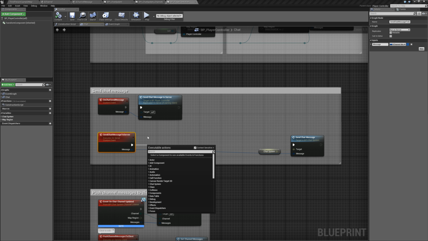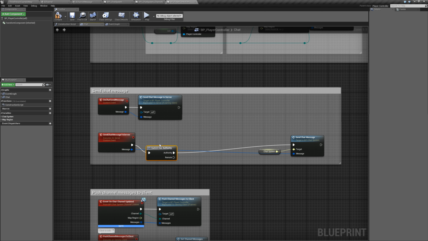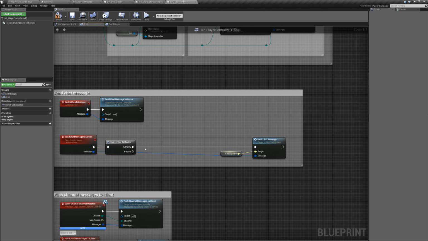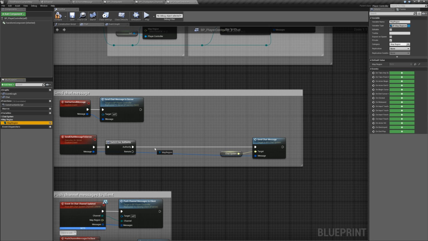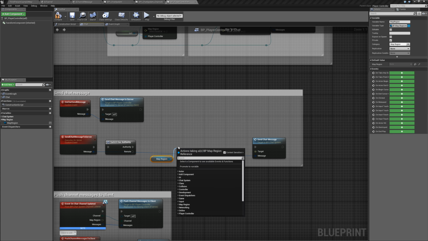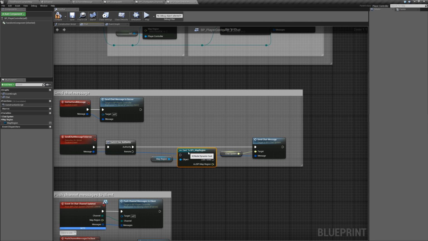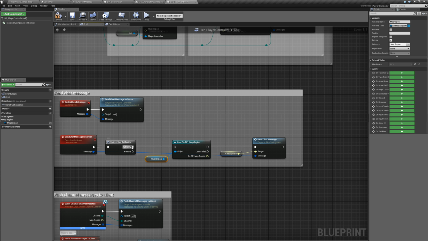I'm just going to add a switch authority in here just for good measure. And then what we need to do is grab our map region variable we created, and cast to BPI map region. We have to uncheck context sensitive, just like that,